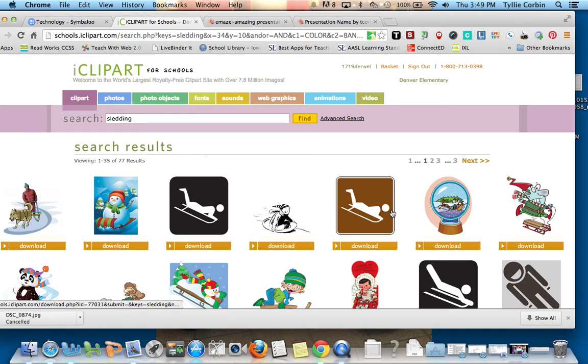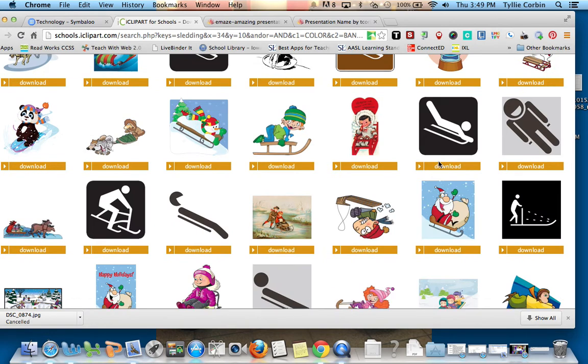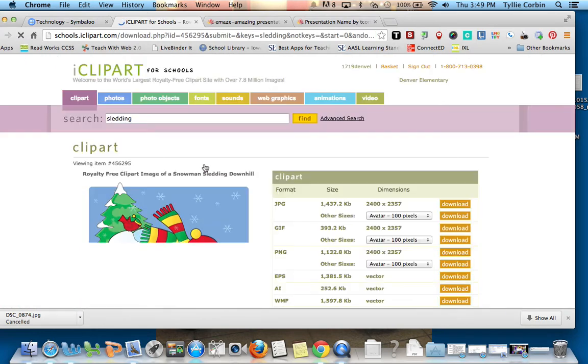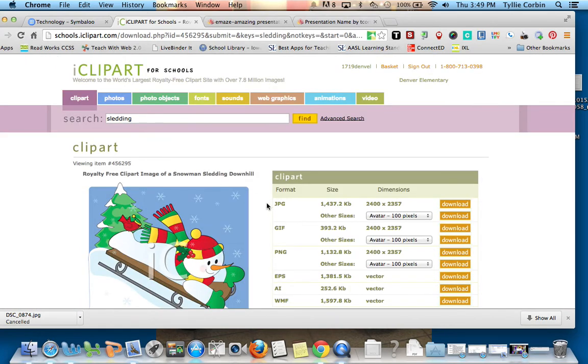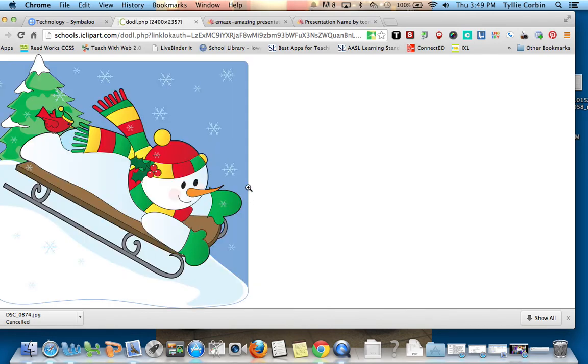I'm going to find a picture. If you see this has a 1, 2, and 3, so that means there's 3 pages of sledding pictures. So I like this one. I'm going to click on download, and then it says JPG. Okay, that's the JPEG one. I'm going to download. Then I have to click on continue. And hopefully it'll be fast. Okay, now up here where it says